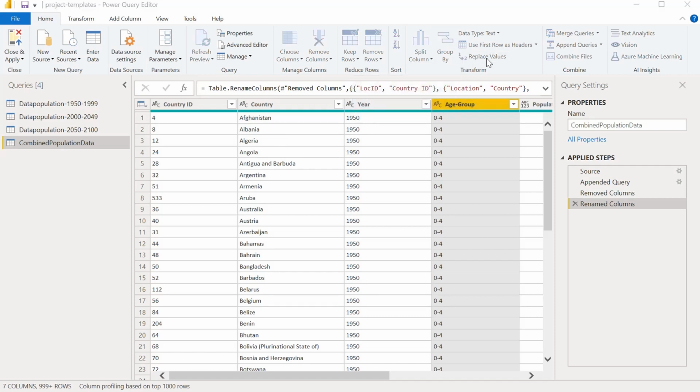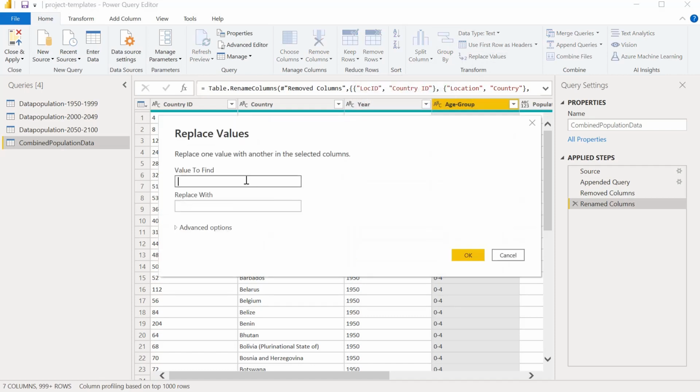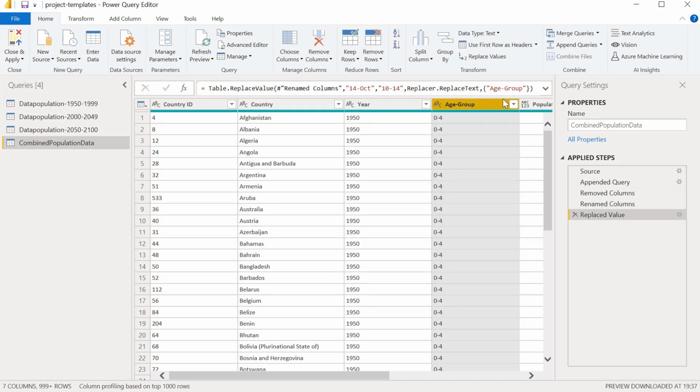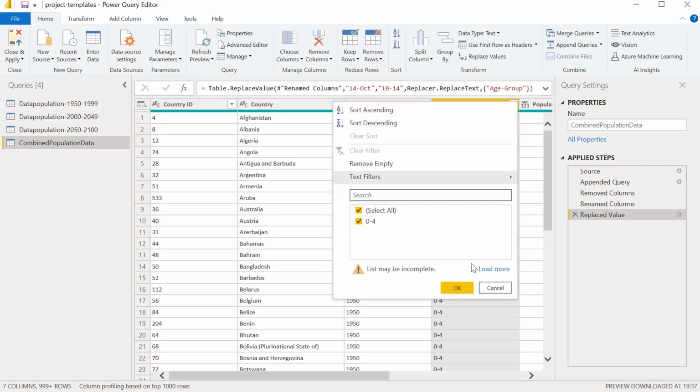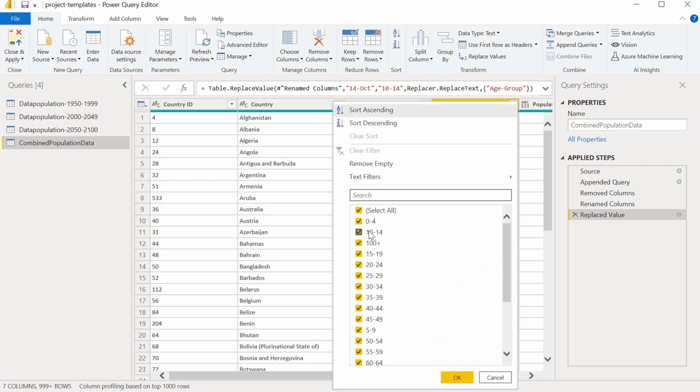So let's click on this, and in Value to Find, let's say we wanted to find 14th of October, and replace it with 1014. Now you can see this is a replaced value. Let's see whether it is really available or not. Yeah, we have corrected this to 1014, and it is not having that value.